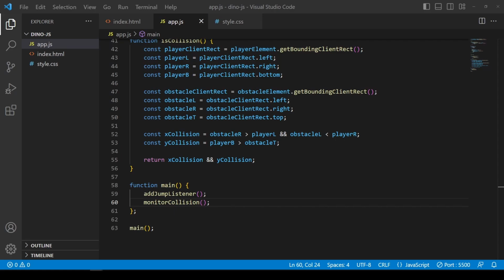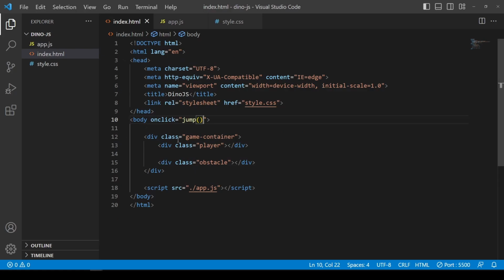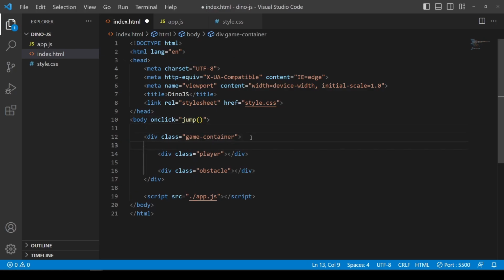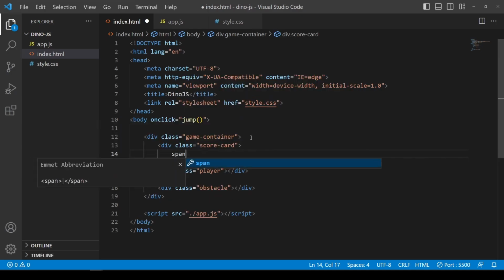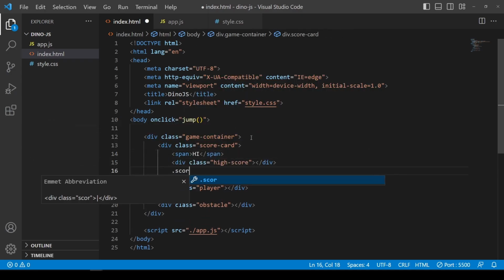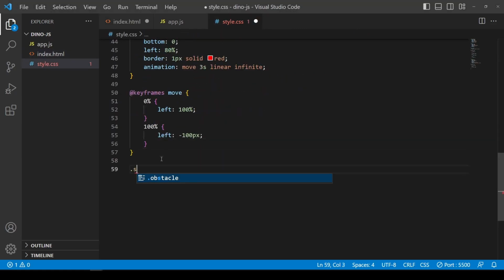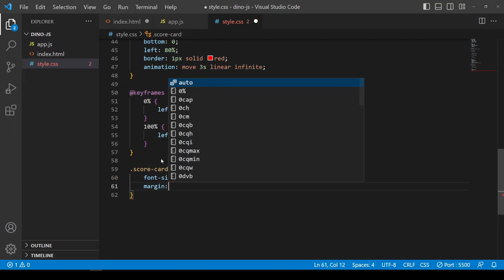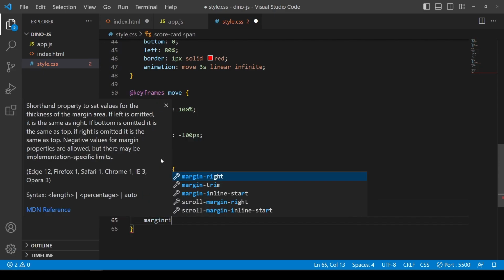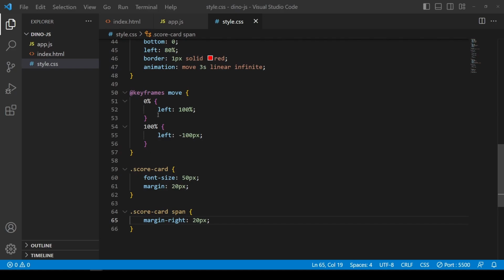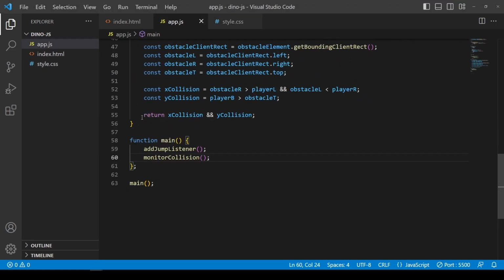Now that we have our collision in place, let's work on the scoreboard to display the score and the high score. So I'll go to my index.html, and here in my game container, I will create one element. So here we will display the score and here the high score. Let's add some styles for it. Let's add some JavaScript for it. So here